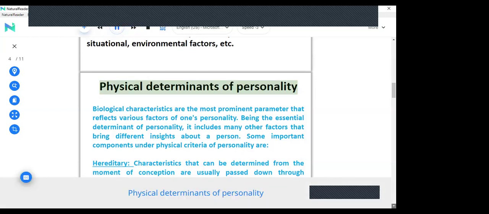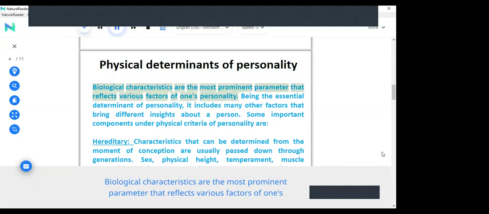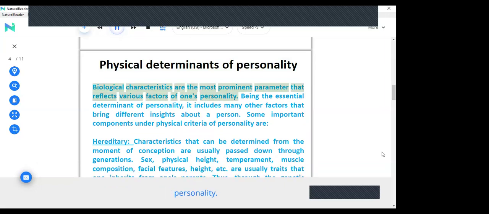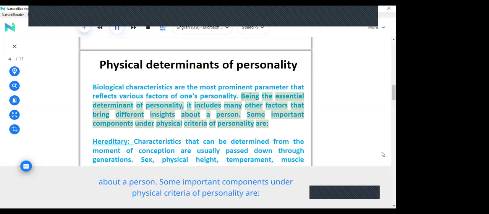Physical determinants of personality. Biological characteristics are the most prominent parameter that reflects various factors of one's personality. Being the essential determinant of personality, it includes many other factors that bring different insights about a person. Some important components under physical criteria of personality are: